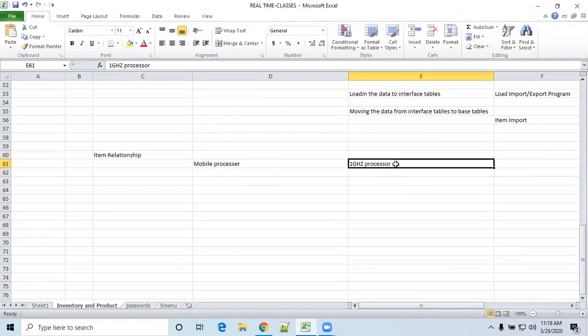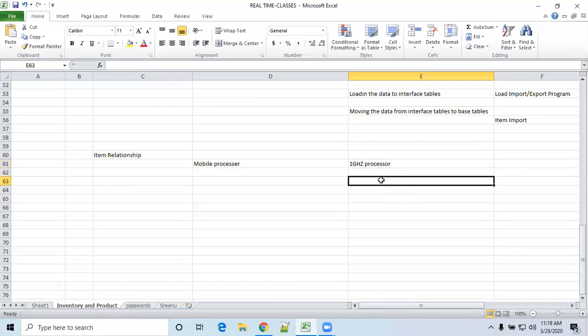Because of demand, or because of stock or some miscellaneous things, this 1 gigahertz processor is not present in their stock. But the same functionalities that this 1 gigahertz processor is doing can be done by a 1.1 gigahertz processor.